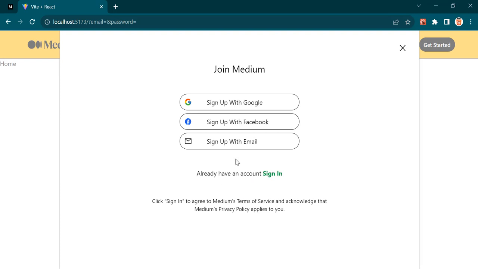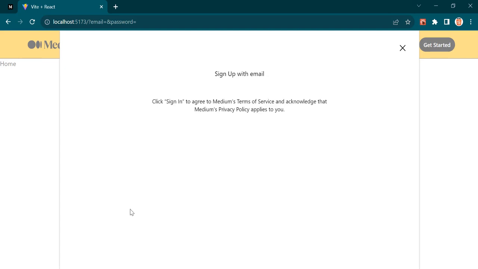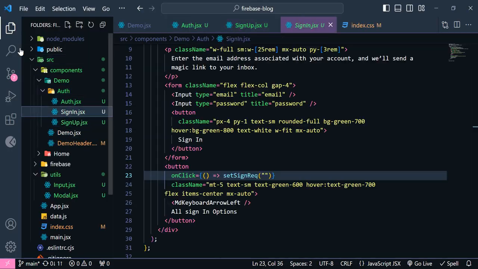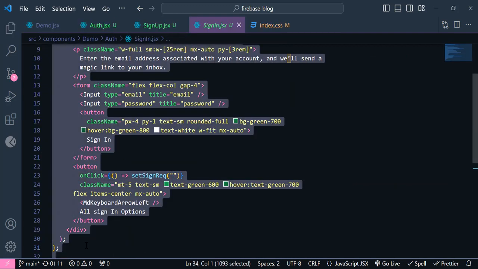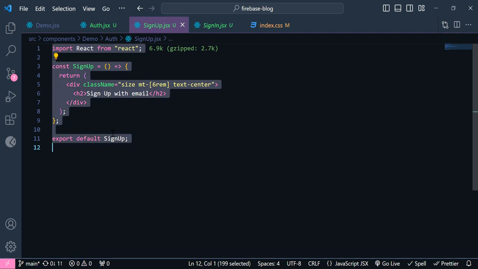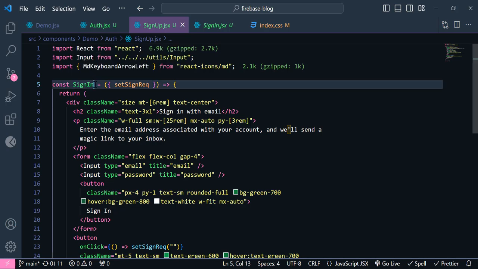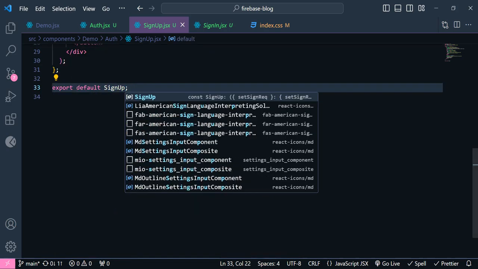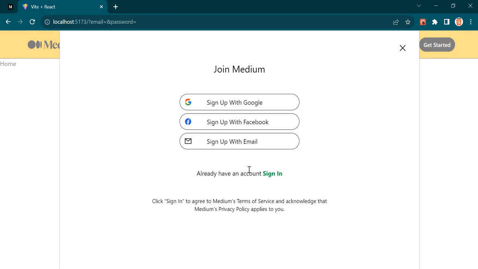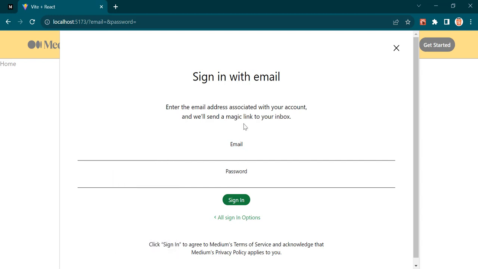Okay, now let's work on this sign up form. As you can see, we have the same page as the previous page, so I just copy all of them from here and just paste it here. Okay, so I just change this to be sign up. Now as you can see, if I refresh the page and open this one, we have these two inputs,